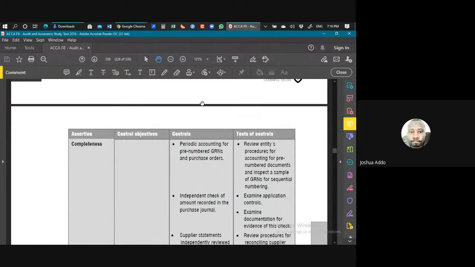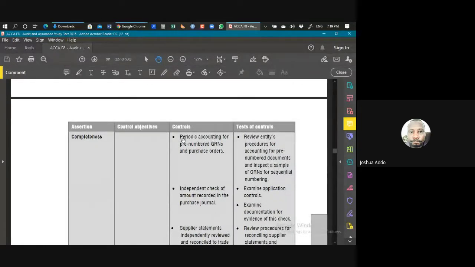Okay, so still on completeness, another control we can set up is periodic accounting for pre-numbered GRNs and purchase orders. We talked about this last week, that if we want to ensure that things are recorded completely, at least we can pre-number the GRNs. We can even pre-number all our forms so that we check the sequence to make sure that for example, all GRNs that have been taken from the GRN book,